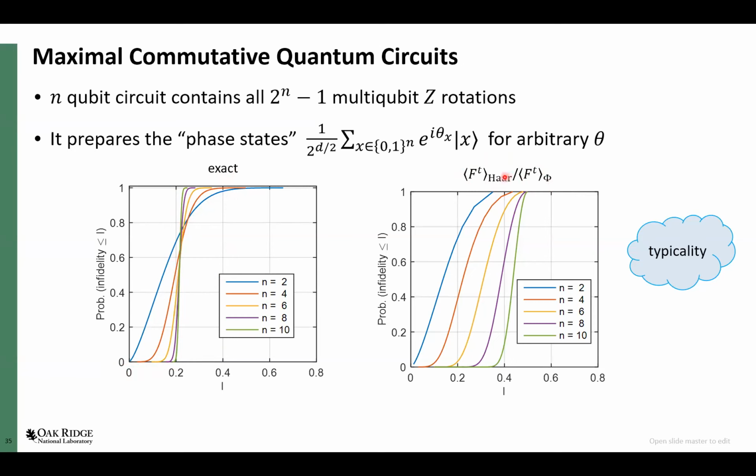And we can see that they don't agree perfectly. In particular, as we go to larger numbers of qubits, this characteristic resolution is a bit too high. It kind of converges to around 0.4, 0.5 instead of 0.2. But we see the same phenomenon of typicality, the sort of concentration of states at a particular distance from the realizable set.